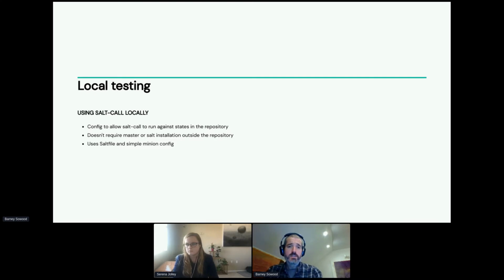The way in which this is done is using the salt file. I don't know how much people know about or use the salt file for setting up local config. It doesn't seem to be particularly widely used, and I do frequently see people using command line options to set config and end up running very long command lines to try and use salt tools locally, and the salt file actually really helps with that and helps simplify that. So let's just have a quick look at that.